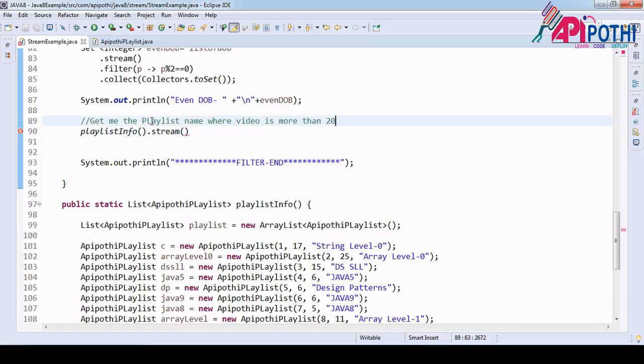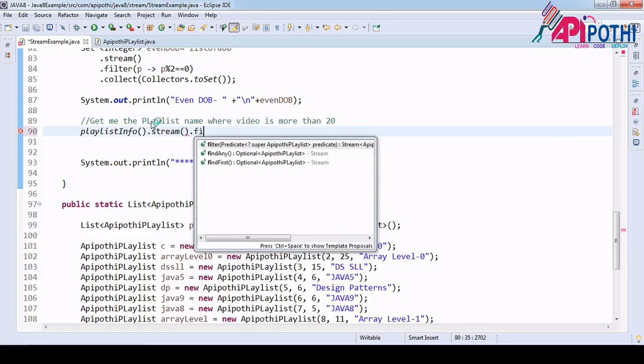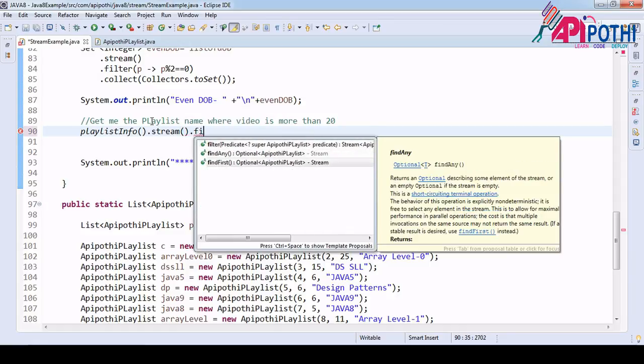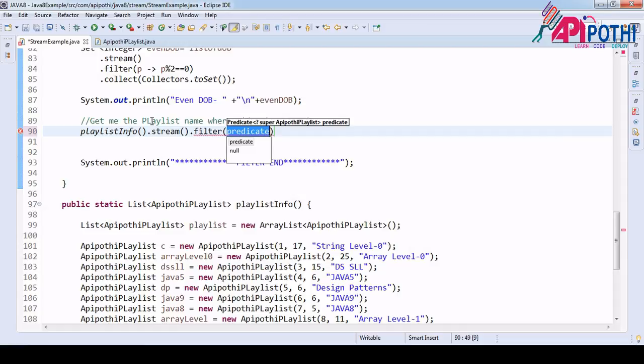Since out of many data we are interested only in the data which is more than 20, again we are doing the filter. That's why after putting inside the stream we want to do the filter. So here I want to do the filter. Inside the filter again get me the P. Since this is the custom object, right?